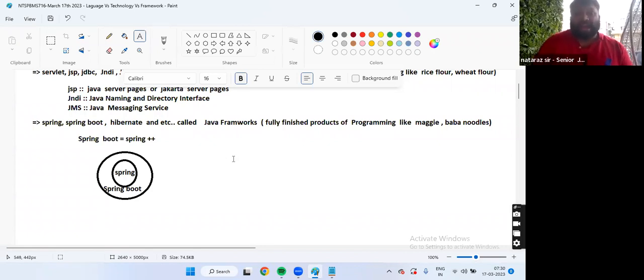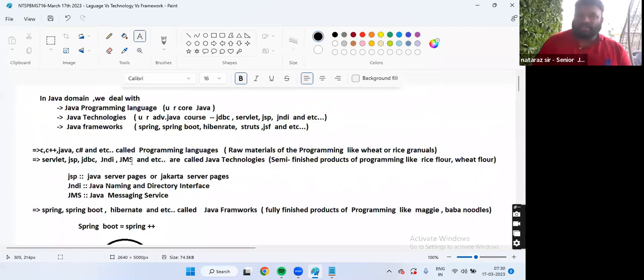Washing clothes with hands without using detergent soap is nothing but working with programming languages. Very, very complex process. Washing clothes with hands by taking the support of washing bat and detergent soap is like working with technologies. They give, but very little things they give.